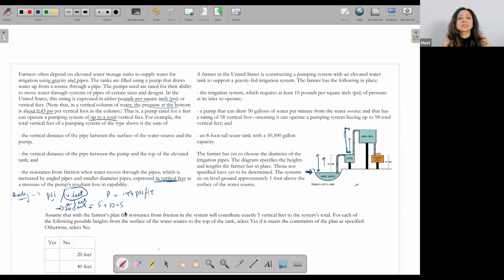And third is the resistance, because of which it needs a little more power to push the water up. That is also expressed in terms of vertical feet only, so I can just add all three quantities together, right? So my 20 is made of this 5, 10, and 5. Now, this is the data which is available to me in my tab 1, right? Makes sense? Is there any issue in what is given to me?